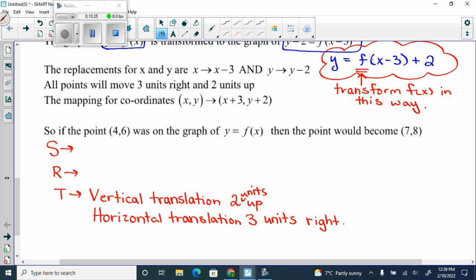Okay? And sometimes they just ask for mapping. It's shown up here, but we're going to show it over here anyways. So mapping is just another way of representing words. Mapping in words, I'm going to put it in the heart. These are the words. We agree? The words are, I'm vertically translating it 2 units up, I'm horizontally translating it 3 units right. Mapping